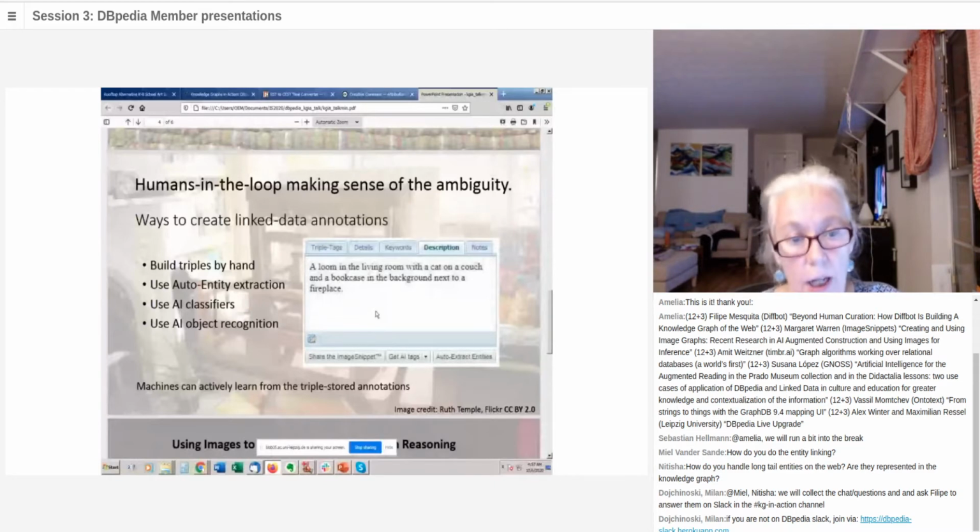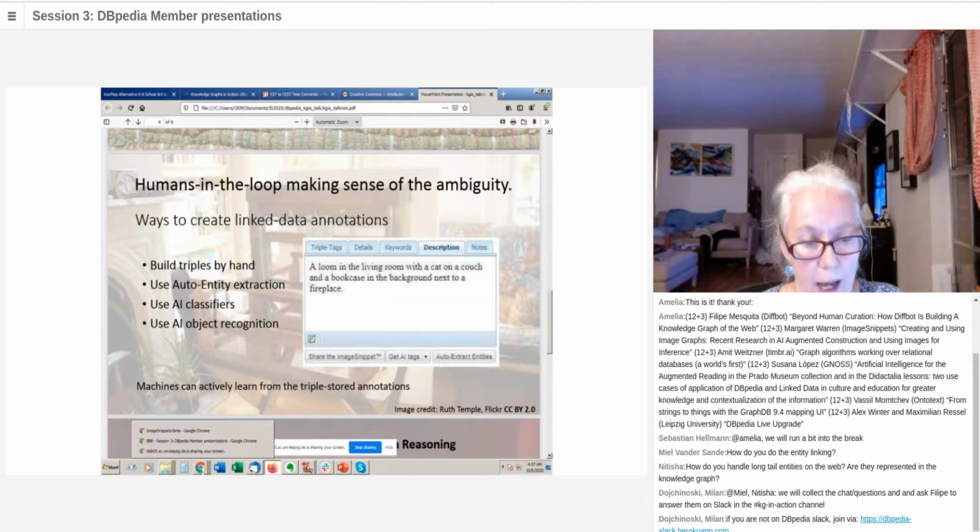There's ambiguity in AI object recognition, in classifiers, and even in named entity extraction. It's very difficult to know exactly what the subject is and how it's related. And so when we're building our triples by hand,